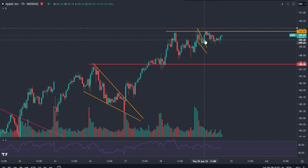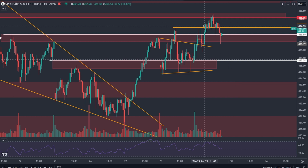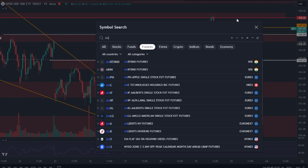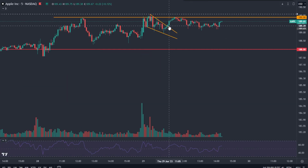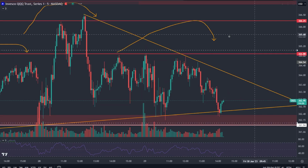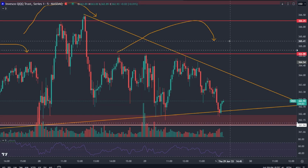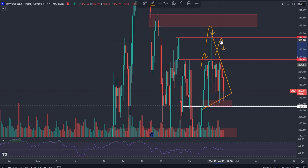Like I could show you right here, 11 o'clock, you come over to SPY. Let's go over to 11 o'clock. What time was this big push? It was when you broke out over here on Apple from this wedge we had going on right here, all right? So, you know, Apple is going to be moving both of them, but when you have all of these big names just overextended, like all the big tech names, then hey, QQQ, that's pretty much all QQQ goes off of. So, you know, like if you don't want part of the market, the big tech sector of the market,